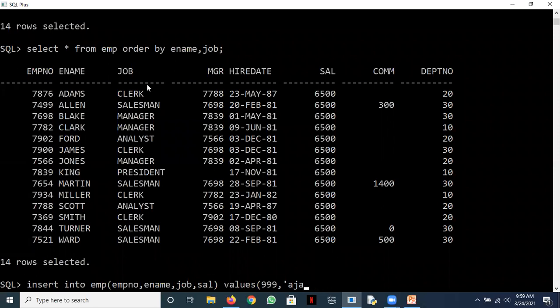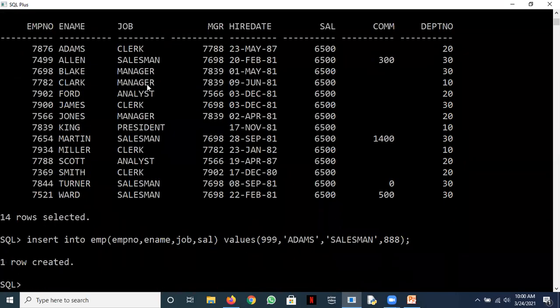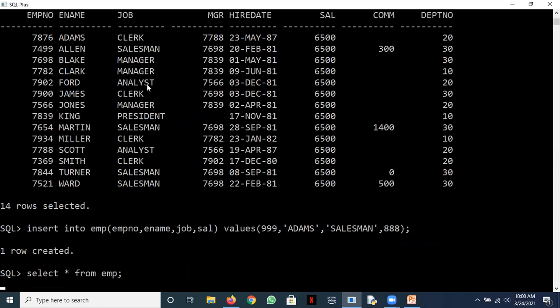We need to pick up the name as say Adams. One Adams is 7876, who is a clerk. Another Adams we'll add, who is a salesman, and say the salary is 888. Okay, this is created. Let's now display it.